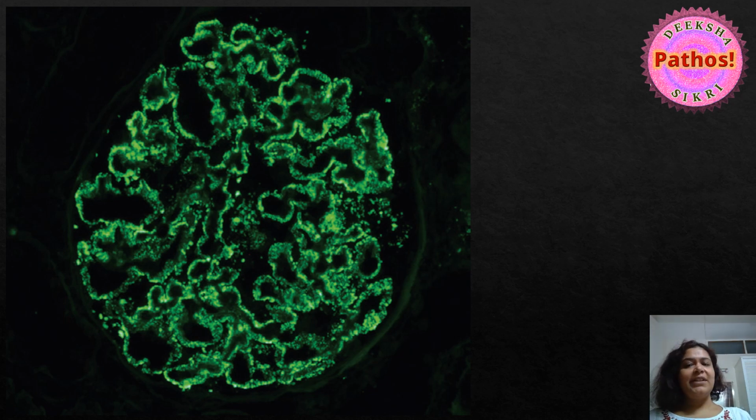But more importantly, now that you know what else to look for, can you also tell that there seems to be some kind of focus around the capillary loops more than anywhere else, right? So this is a granular immunofluorescence focused around the capillary loops. So maybe this is because of subepithelial deposits, which would be around the capillary loops, or subendothelial deposits, again around the capillary loops. So granular immunofluorescence.